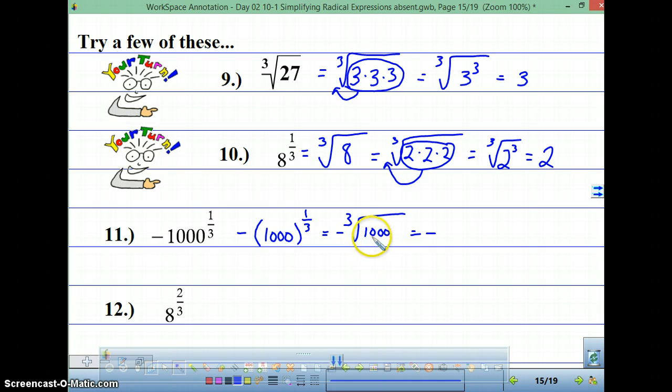It's not a prime number, but I multiply it 3 times and I get 1,000. So this is a little shortcut. 10 times 10 times 10. So I know that these 3 are going to be my triple that can come out. This should be a cube. So I've got the opposite of the cube root of 10 cubed is just